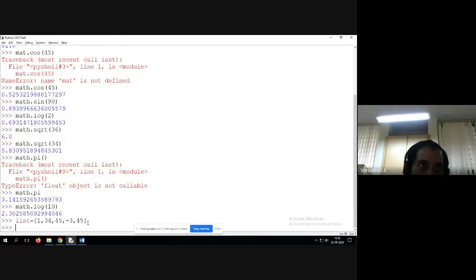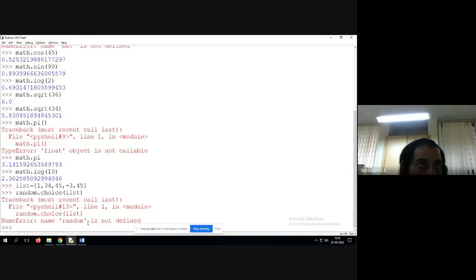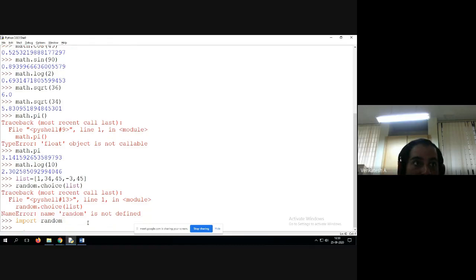Then random.choice of list. Module random.choice. We need to import random. What is random? Random is a module and we need to import it.